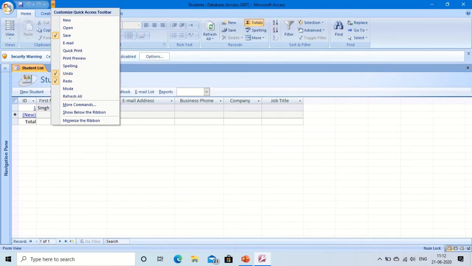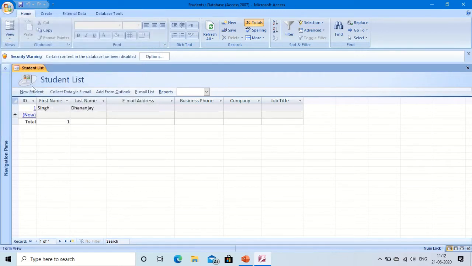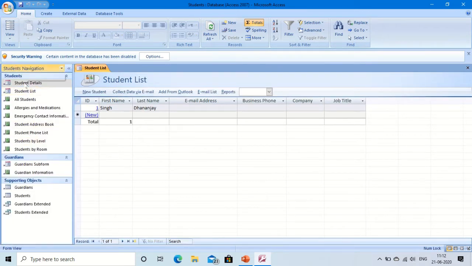And this is called the Office button or Microsoft Office button. Here we can see new, open, save as, print, manage, email, publish, close. And this is called the navigation pane.